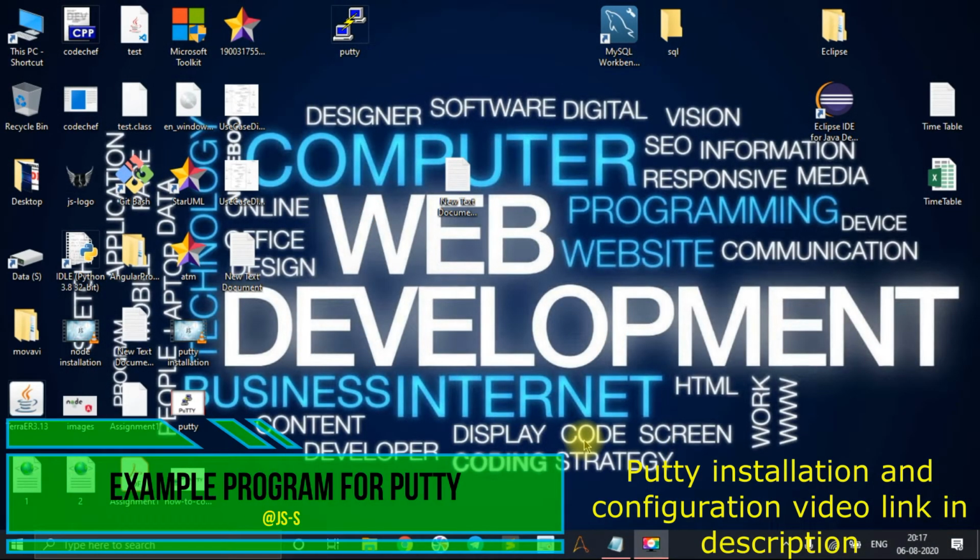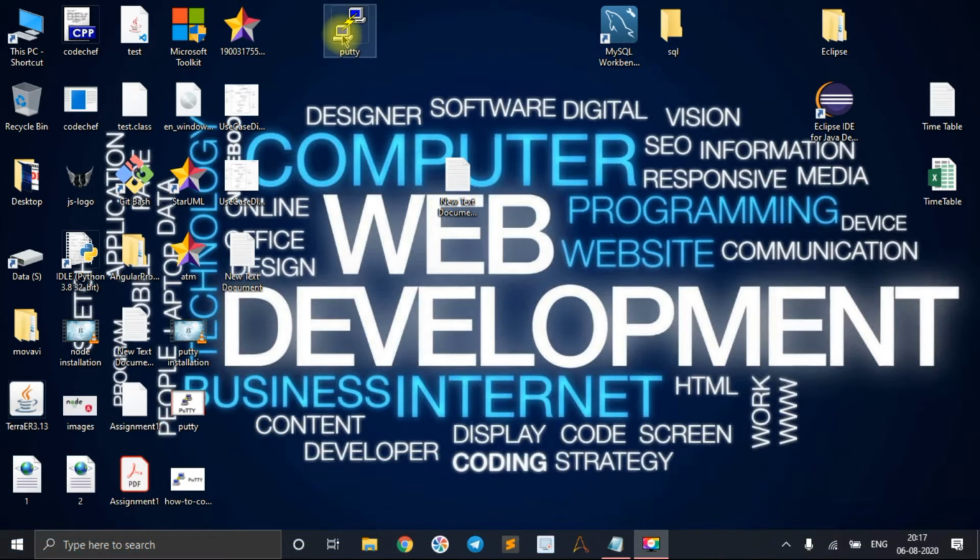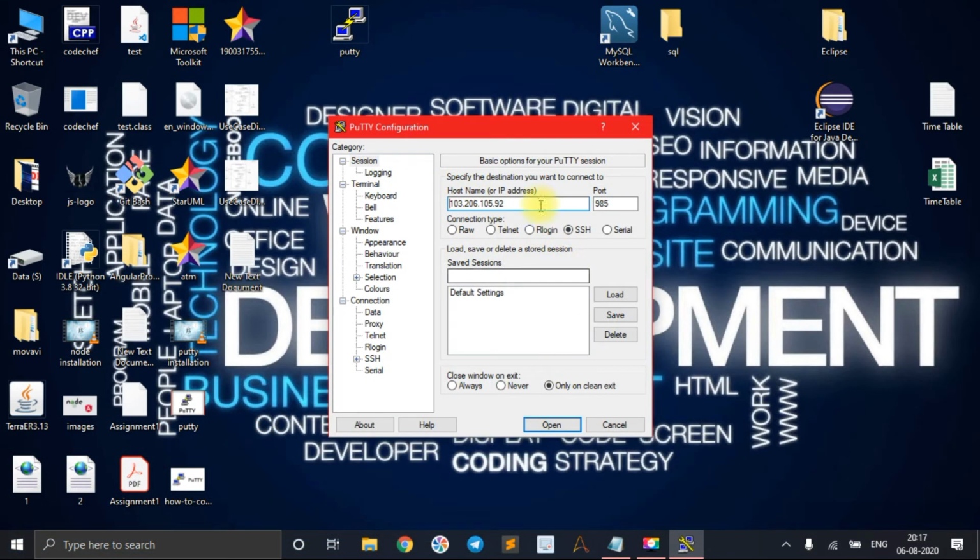Hi everyone, now let's see an example of writing a system call in Putty application. So let's open it. Just open the host name and port name what you have opened before. So after this, let's try to log in with your username and type your password. So after the authentication, we can start our commands.